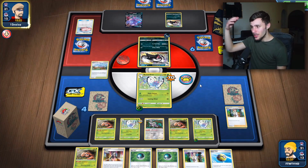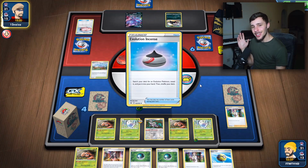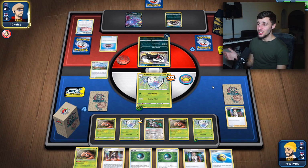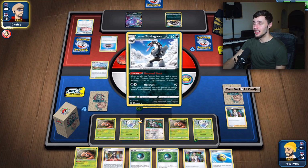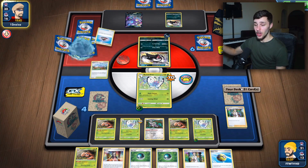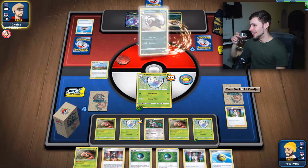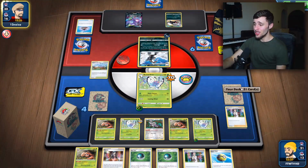Now, obviously, there's a lot of ways to get out of this. You can retreat, and again, it's not broken. It's not absolutely crazy. It's just something you can play, and it's something pretty fun, and you can annoy some of those ADP players with this, which is fun. I like that. Just like we're annoying this guy now,